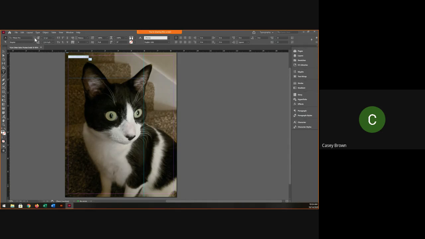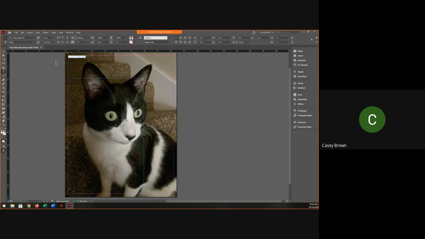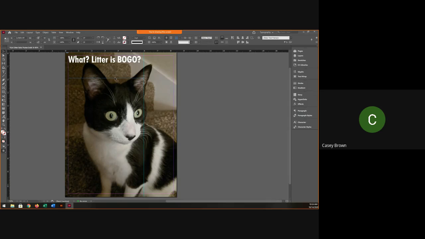And go ahead, change your font. I had you guys install Futura, so go ahead and pick one of the Futura fonts to change it to. And make it bigger. And change the text color to white. And you may have to lower the text. Actually, click the text box